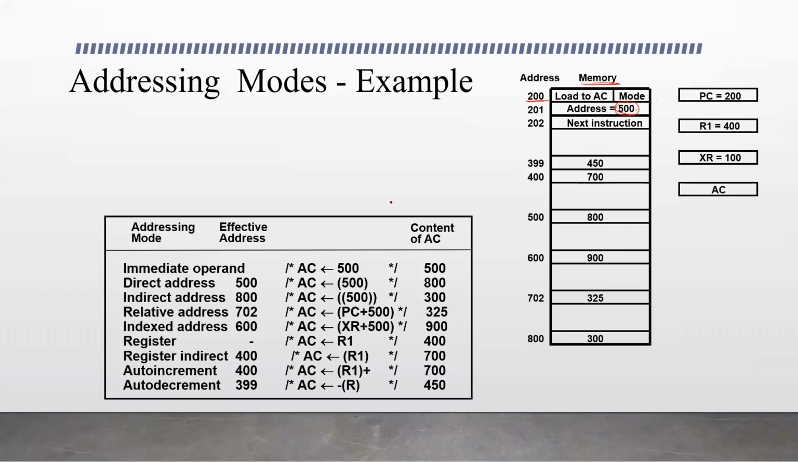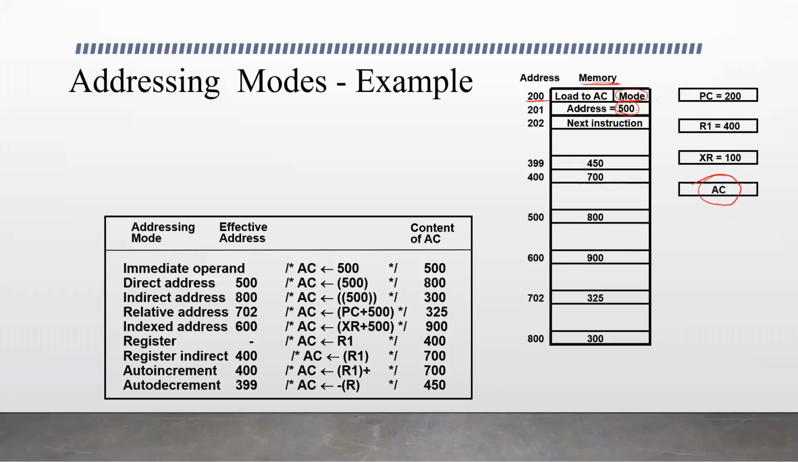With the addressing modes we have learned here, what will be the value stored in the accumulator as a result, once the instruction is executed and different addressing modes are used? For different addressing modes, what will be the final value stored in the accumulator? So here in memory,